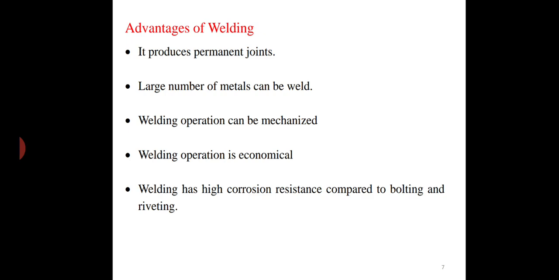A large number of metals can be welded, because most of the metals available have high weldability. Or we are developing welding techniques where you can join those metals with low weldability. An example is aluminum. You can have new techniques for welding aluminum alloys. Then your welding operations can be mechanized, or it can be automated. Mostly in our car manufacturing industry and places like that, almost all the welding operations are automated, being done by robots,